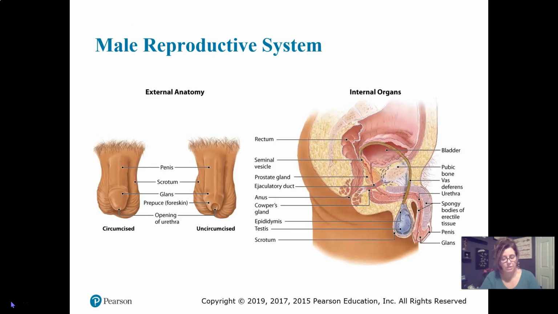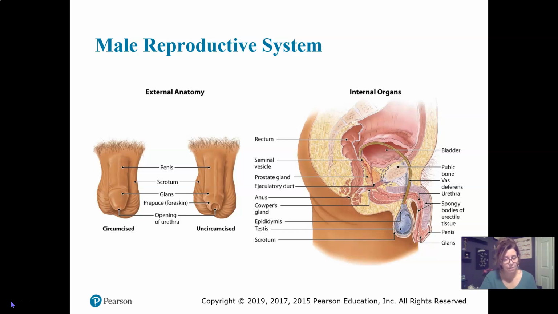The male reproductive system is also divided into internal organs and external anatomy. The penis and scrotum make up the external genitalia, and the penis is a male organ through which urine and semen are expelled from the body. Ejaculation expels the semen through the urethra and out the penis. The scrotum serves to control temperature and protects the testes, which manufacture sperm and testosterone. The internal genitalia include many organs and glands. The testes are responsible for manufacturing sperm and for producing testosterone.